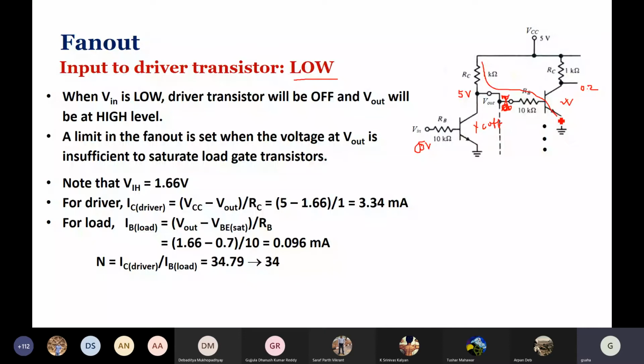So how can you calculate that current? 5 volt minus 0.7 volt, or 0.717, I mean, that part we can neglect. So 5 minus 0.7 volt, this value is 1 kilo ohm, divided by 1 plus 10, that is 11 kilo ohm. So that is the current, multiplied by RC, that is 1 kilo ohm, is the drop across this RC. So 5 minus that drop is the voltage here.